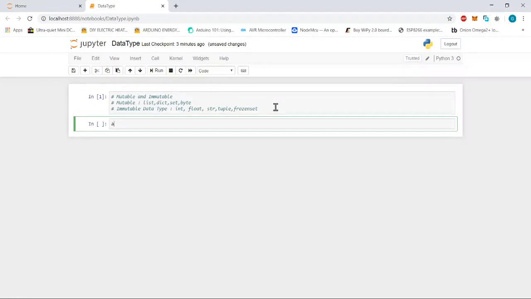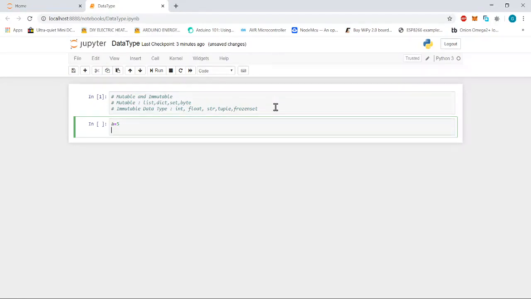Here I will declare a variable a equals 5. This is how we can declare an integer variable in Python. After that we will print the value of a. Then there are two functions which will be helpful to us while working at an introductory level in Python. How do we know which class this object belongs to?